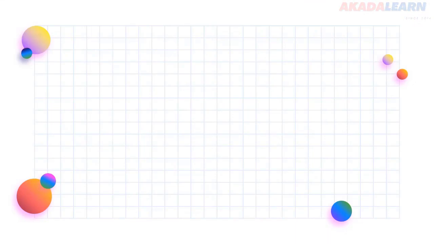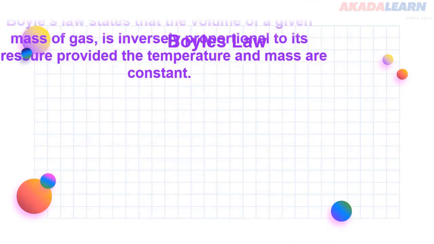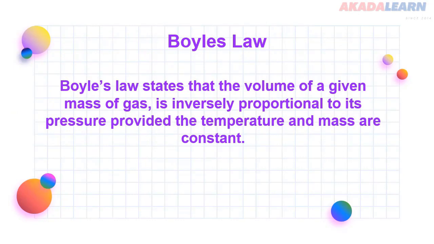So let's take the first one, Boyle's Law. Boyle's Law states that the volume of a given mass of gas is inversely proportional to its pressure, provided that temperature must remain constant. Mathematically, this means the volume is inversely proportional to pressure, and if we are going to